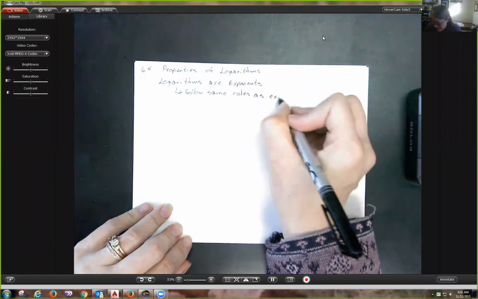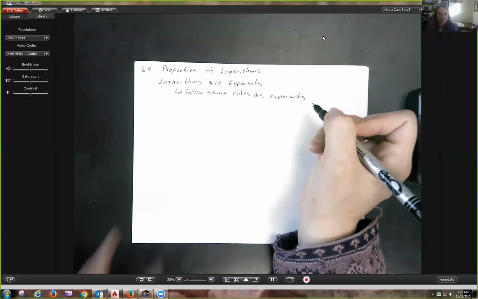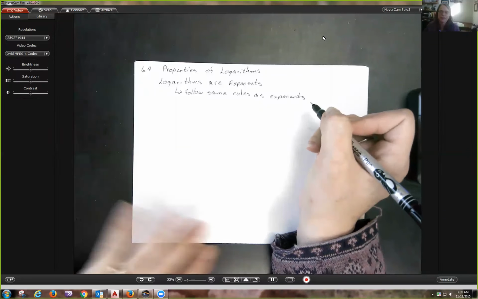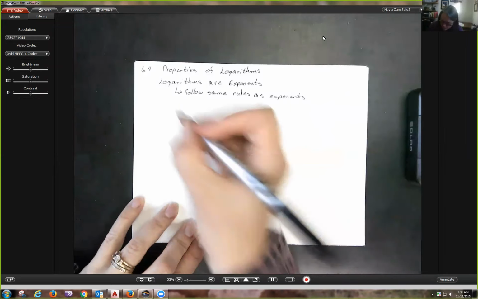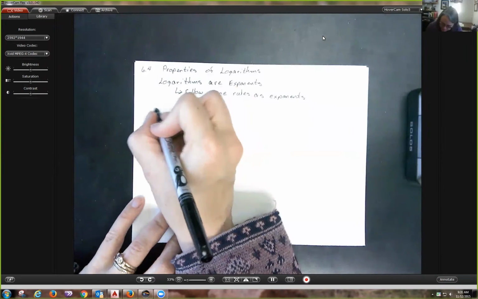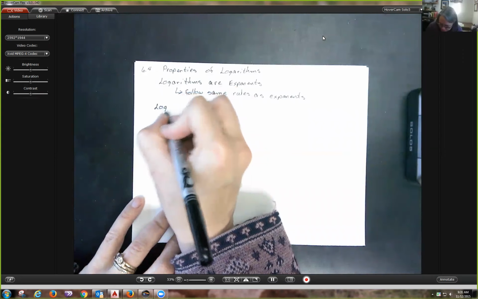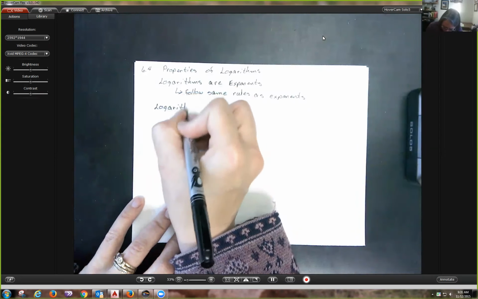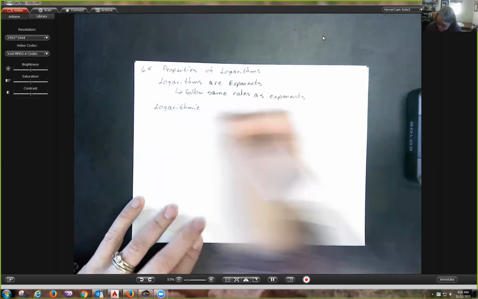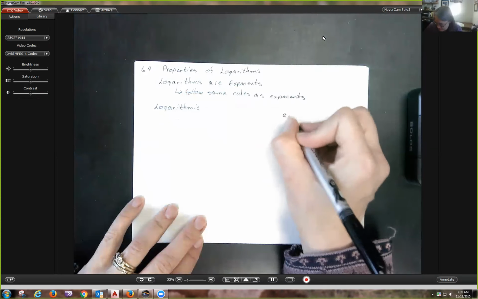Keep that in mind as we go through this, because I'm just going to kind of list off the properties and then we'll apply them. What I'm going to do is give you a logarithmic property, and I will give you the corresponding